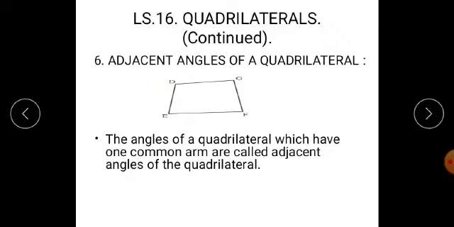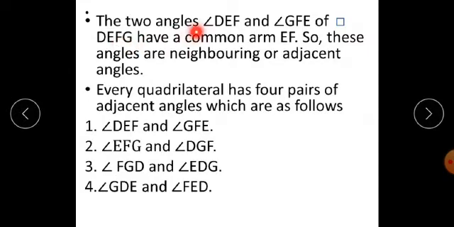For example, if you see very carefully to this figure, then angle E and angle F have a common side EF, and therefore we say that angle E and angle F are the adjacent angles. Or we can say that angle D and angle F are also adjacent angles. Angle D, angle G are also adjacent angles, or angle G and angle F are also adjacent angles. The two angles, angle DEF and angle GFE,